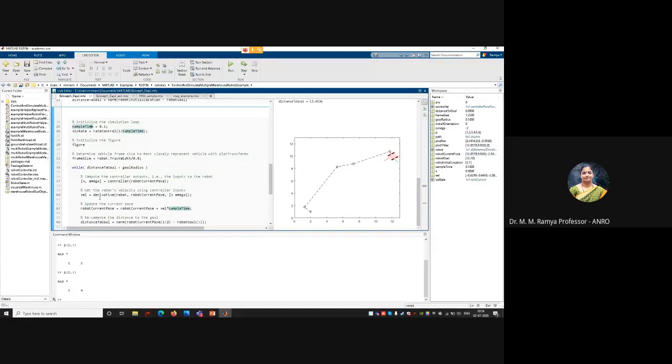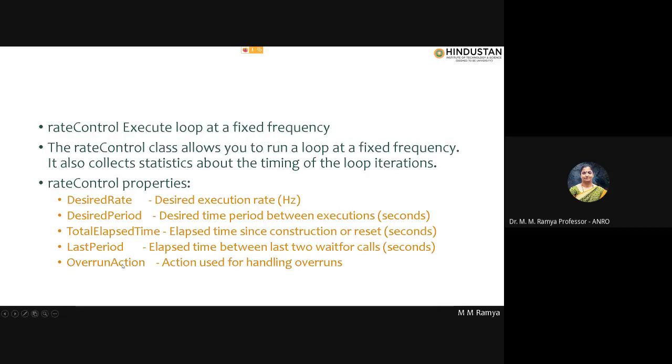So something like that. When I try to move, the controller has to take a decision on changing the velocity, changing the angular velocity or the linear velocity, or changing the speed. So whatever the controller has to decide, how frequently should it take a decision, is represented here by a sampling rate. So I'm saying that the sample time is 0.1, and the rate control is the sampling that we do. In fact, I should have a slide on rate control as well. Yeah, so this actually tells you